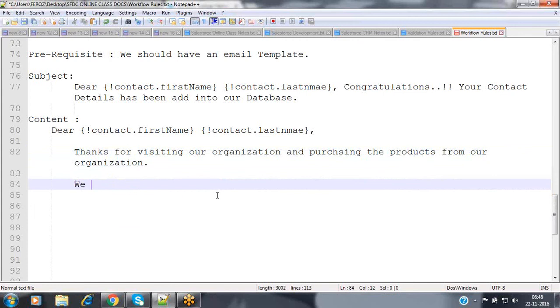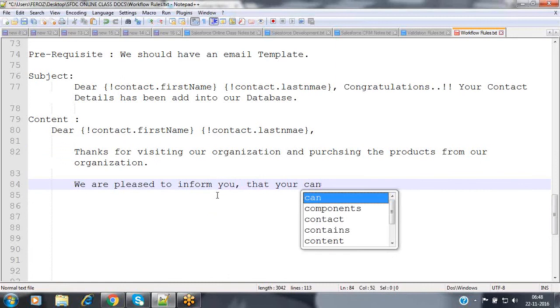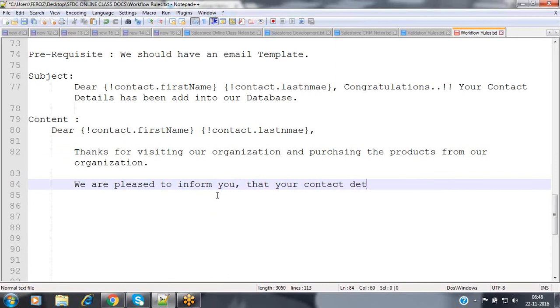Now, we are pleased to inform you that your contact details have been added into our organization's database.